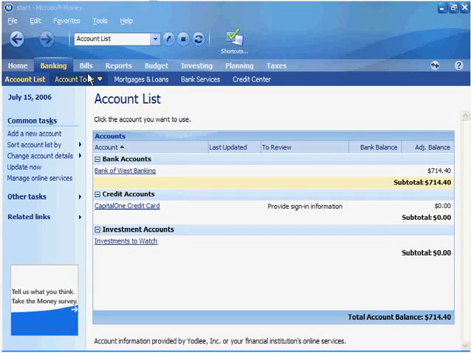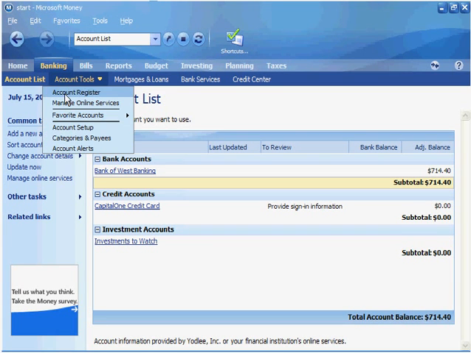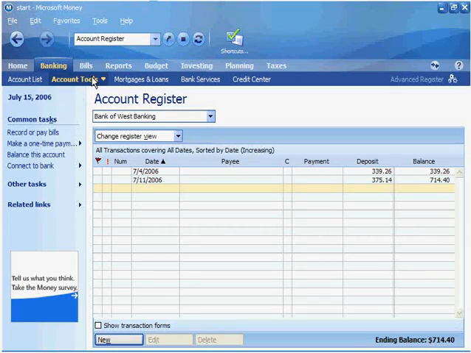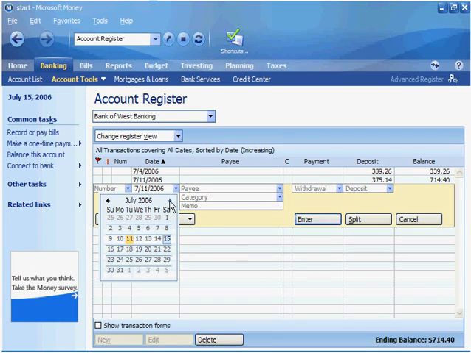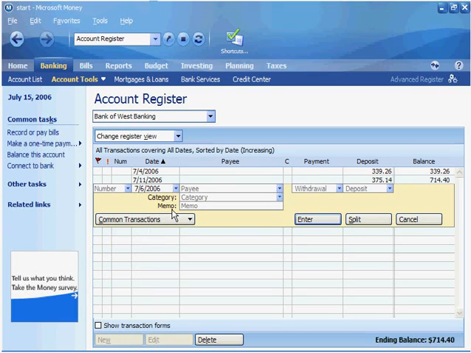Going back to the account tools, to the account register, we would then be able to go ahead and insert more information. So let's say we had some expenses. We would be able to then go ahead and insert the date of this expense. So let's say on the 6th we had to make a withdrawal for a gas company. So let's say we went to get gas,